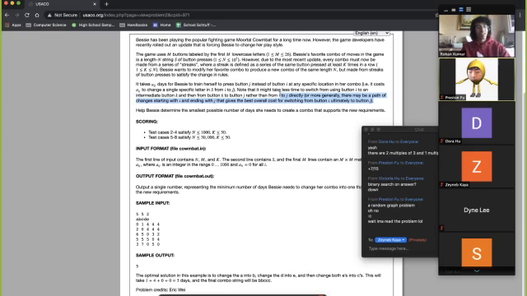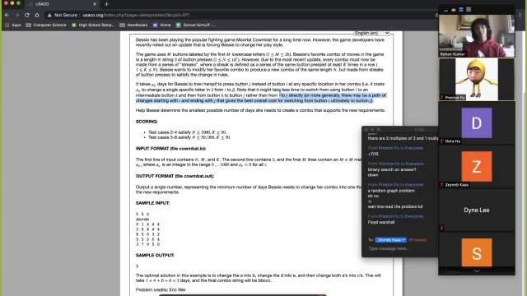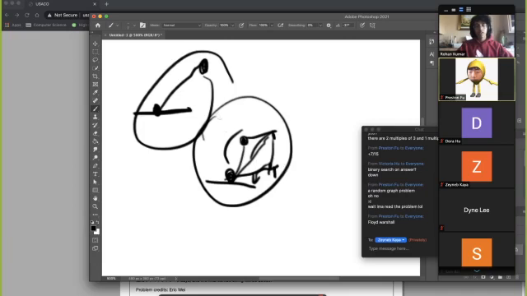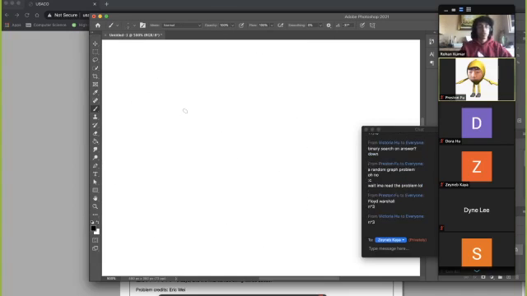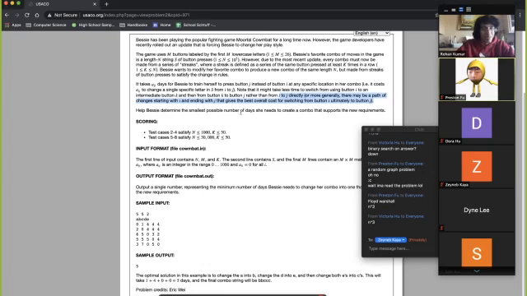Any ideas? All best paths, like all shortest paths. Hooray, yes, we got it, finally. Floyd-Warshall, okay? So basically, does anybody know how Floyd-Warshall works? What's the time complexity of Floyd-Warshall? Anybody? N cubed, yeah. So technically Floyd-Warshall is not the best way to find shortest paths,